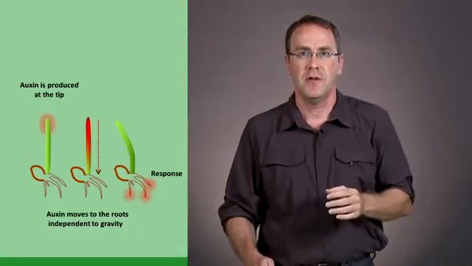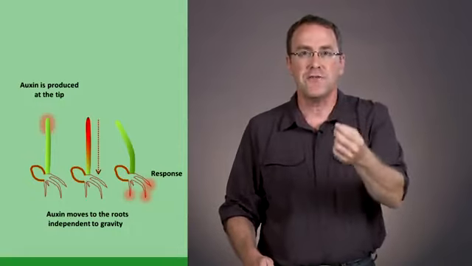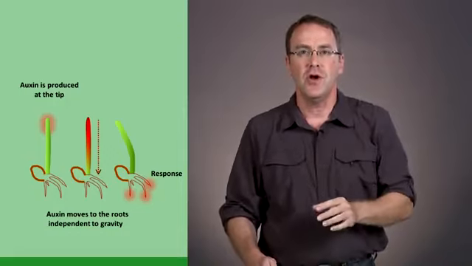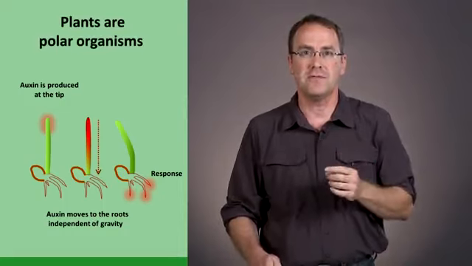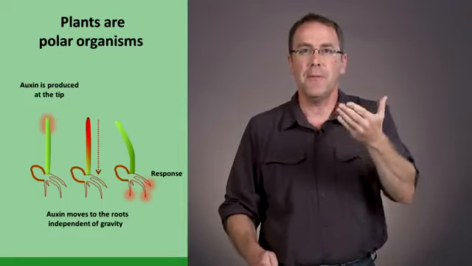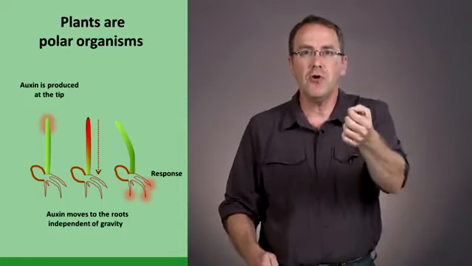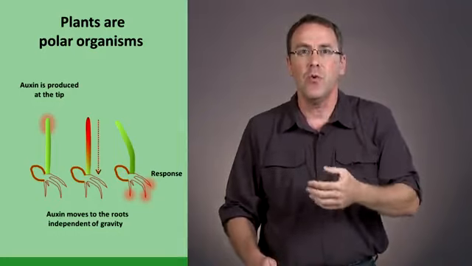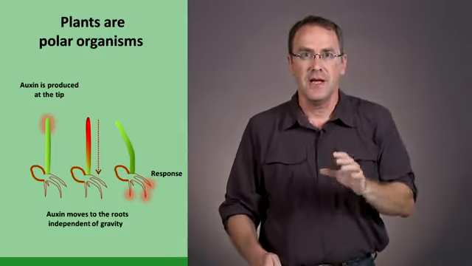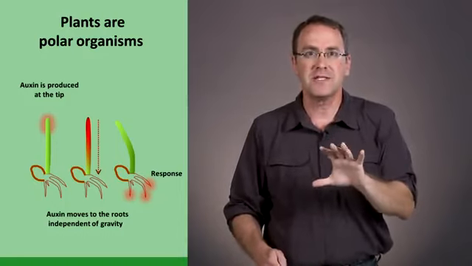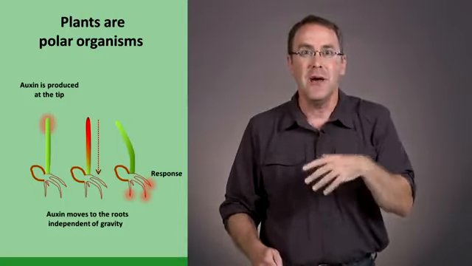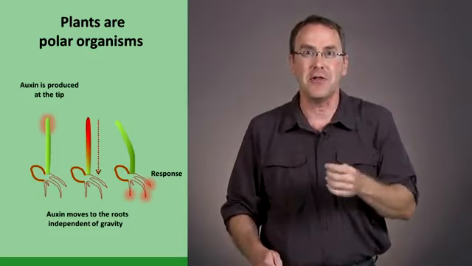formed. To understand auxin flow from the tip to the shoot, we have to understand that plants are polar organisms, that there's a difference between the top and the bottom, and that the flow is always unidirectional when it comes to auxin. This polar basis of plant biology was discovered in the mid-19th century by yet another botanist, another plant